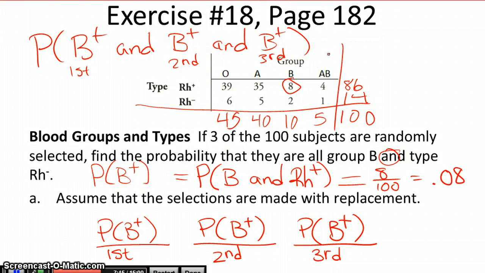Well, if I'm interested in the probability that the first person has B positive blood, and at the same time the second person has B positive blood, and the third person has B positive blood, that all 3 people have B positive blood, then the word "and" tells you we're going to multiply these probabilities together. That's going to be 0.08 times 0.08 times 0.08, right? And we break out our calculators, or count on our fingers and toes, 0.08 times 0.08 times 0.08 to give us a probability, and it's a small probability,